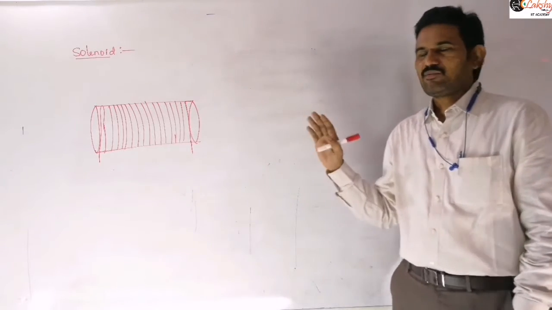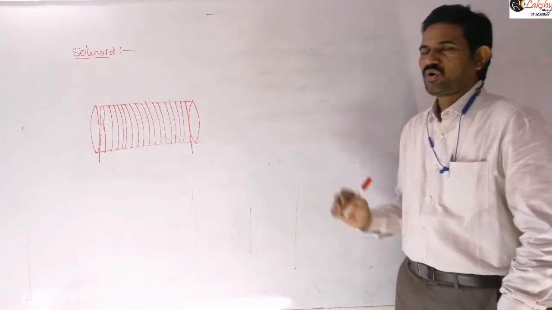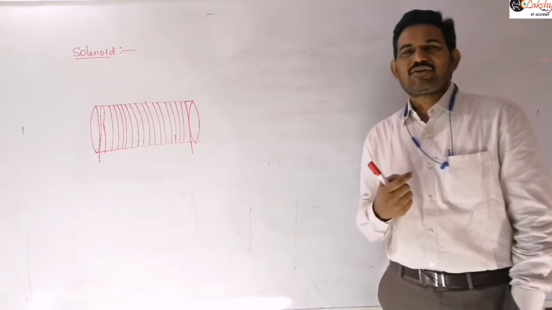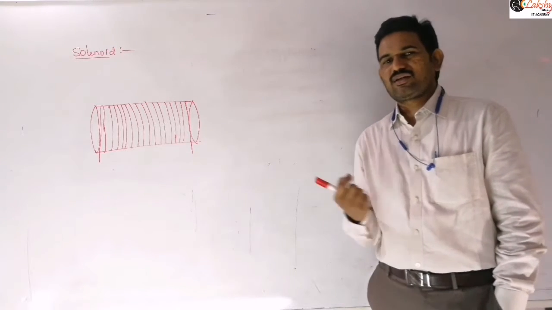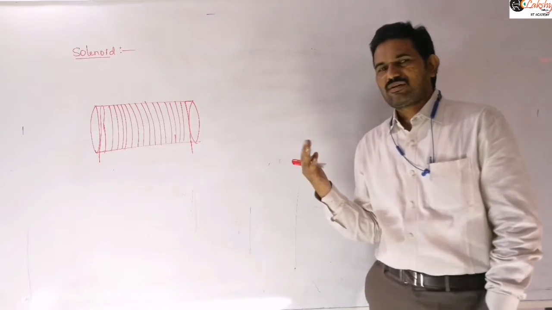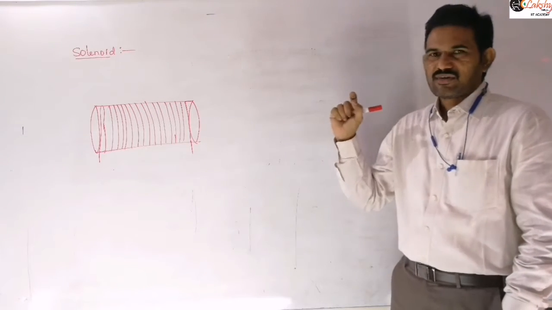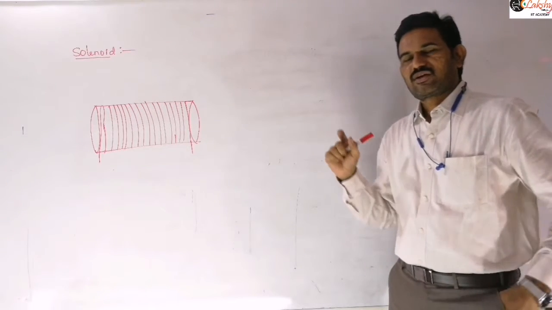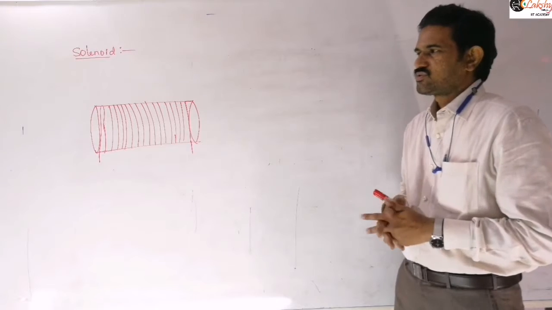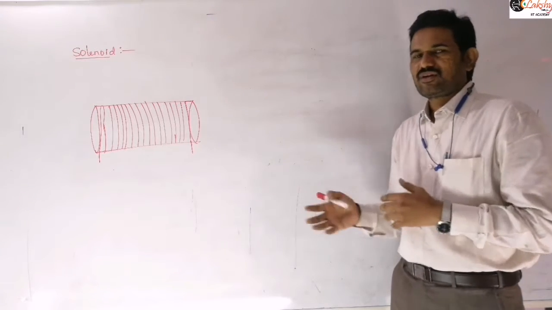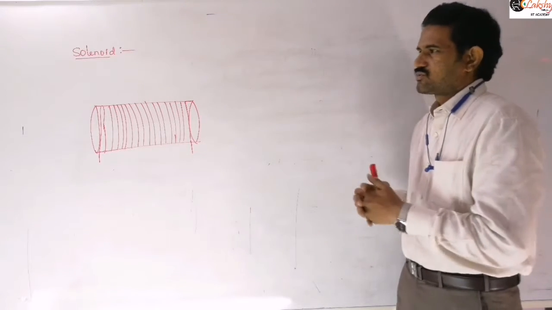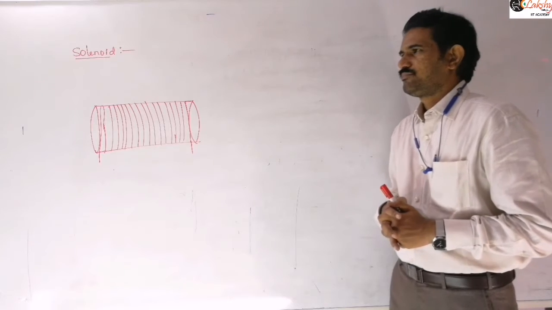So now let us see the magnetic induction due to this solenoid. Generally we derive an expression for a very long solenoid. A long solenoid means the length of the solenoid is very large when compared to its cross section radius, right? So generally we consider such a case, and I will define it for finite length also.